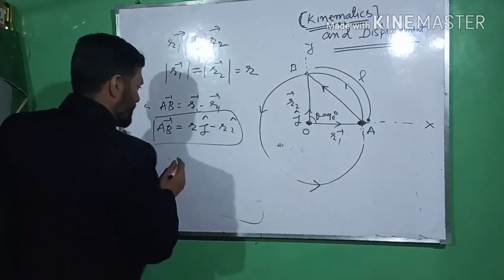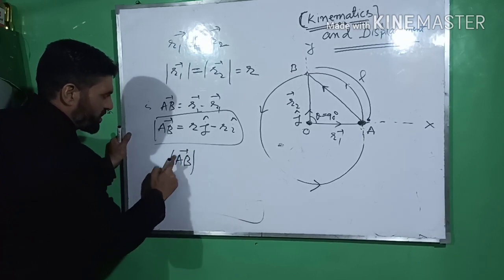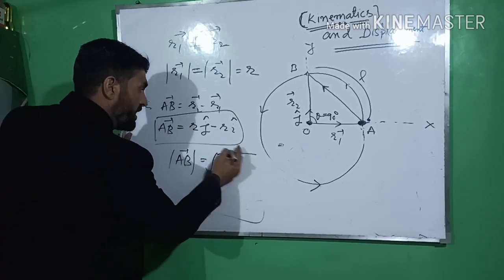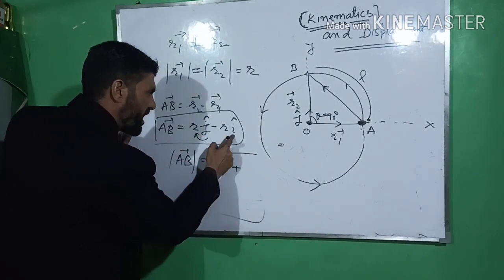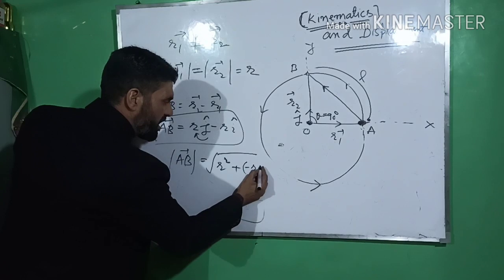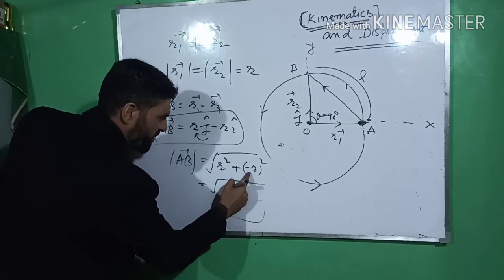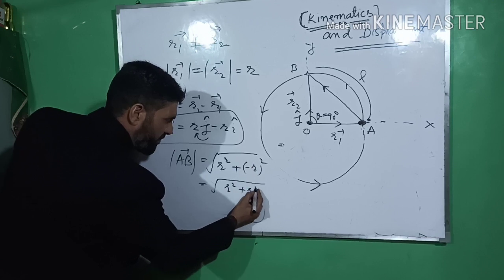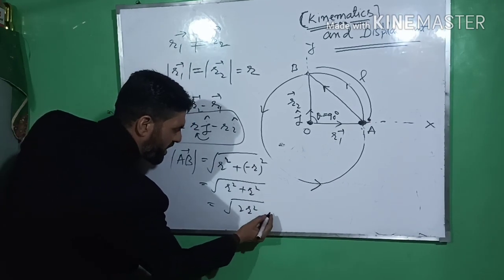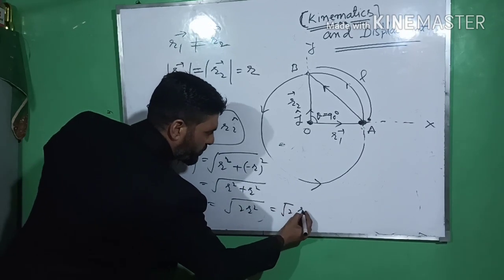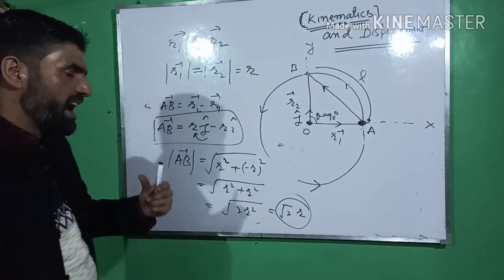See dear students, तो इसका मैग्नीट्यूड बेटा कैसे आएगा? तो ऐसे लिखूंगा, मैग्नीट्यूड ऐसे लिखते हैं, तो ये आएगा अंडर रूट, इस j का कोफिशिएंट है यहाँ r, इसका स्क्वायर प्लस और बेटा इस i का यहाँ स्क्वायर माइनस r और यहाँ लिखेंगे स्क्वायर. तो बेटा ये आएगा r स्क्वायर प्लस माइनस r का होल स्क्वायर, ये भी आएगा बेटा r स्क्वायर, तो r स्क्वायर प्लस r स्क्वायर इज इक्वल टू अंडर रूट 2r स्क्वायर, but that comes out to be under root 2 r. So thus it is the same as that in the first case,